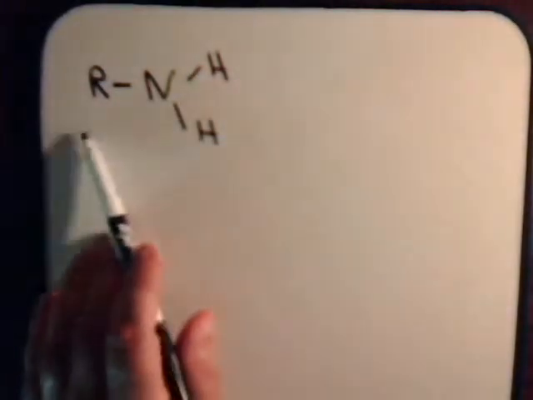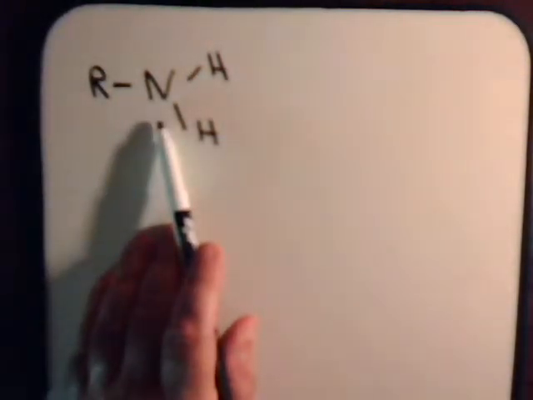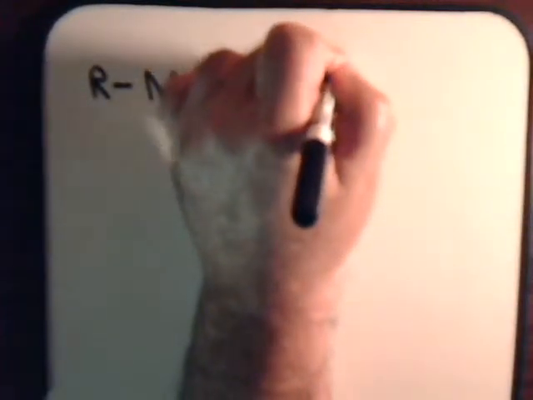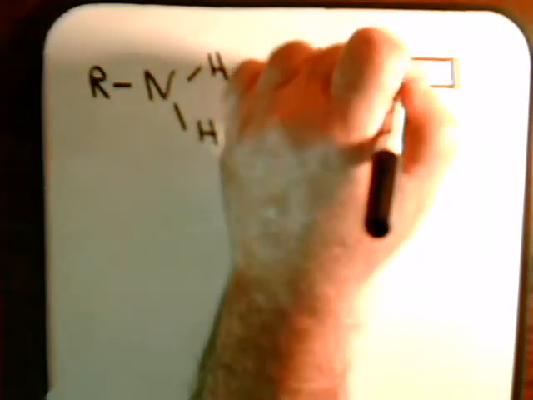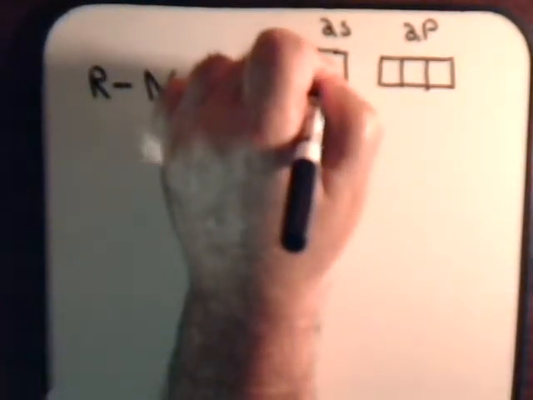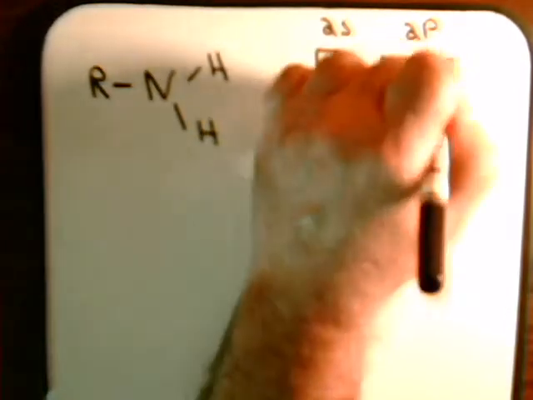Now, here in this situation, this nitrogen is sp3 hybridized, and we can see that by considering the orbital block diagram for nitrogen. Nitrogen is like this, and then 3 electrons, 1 each,